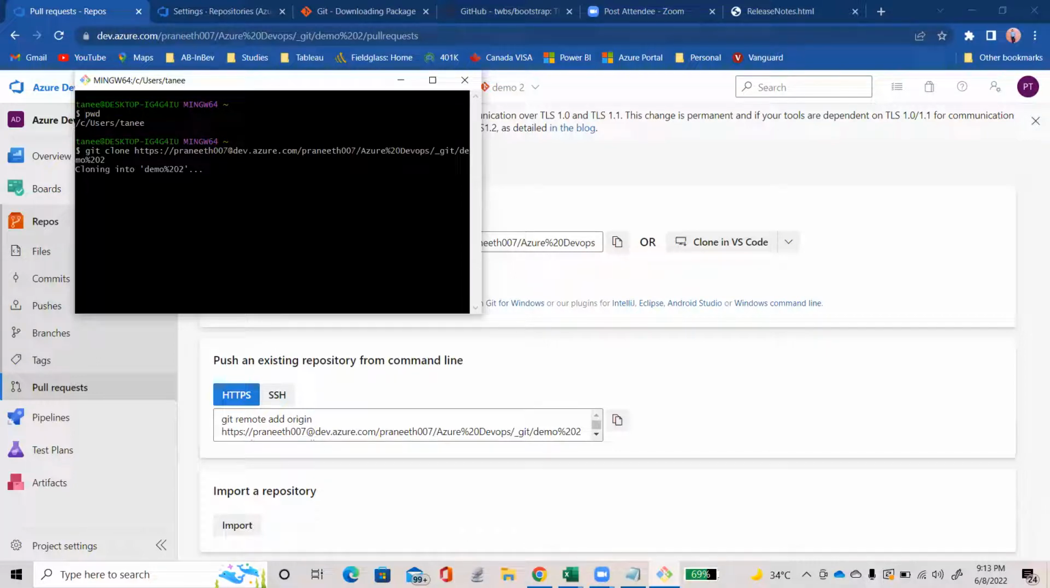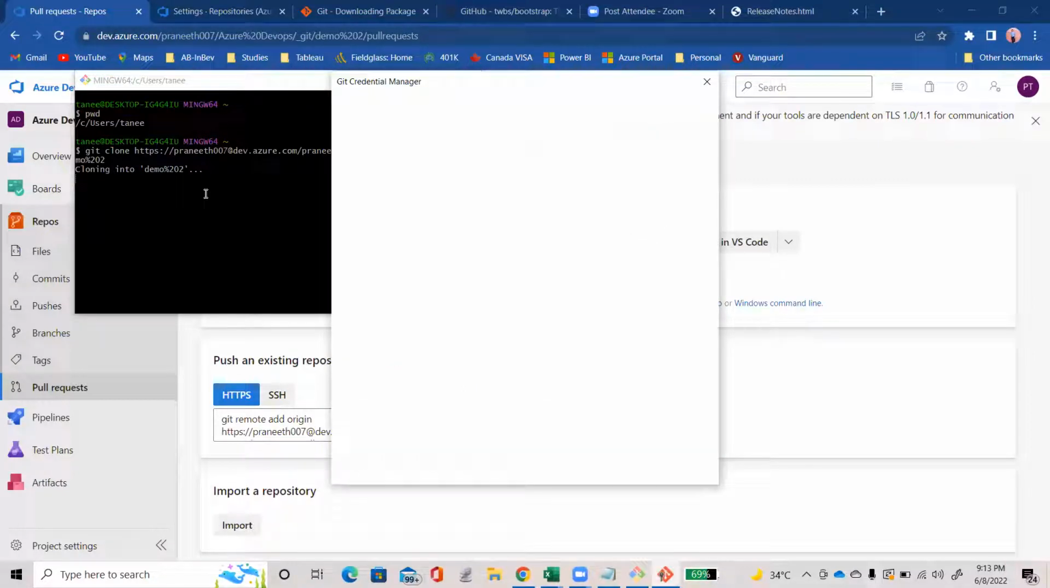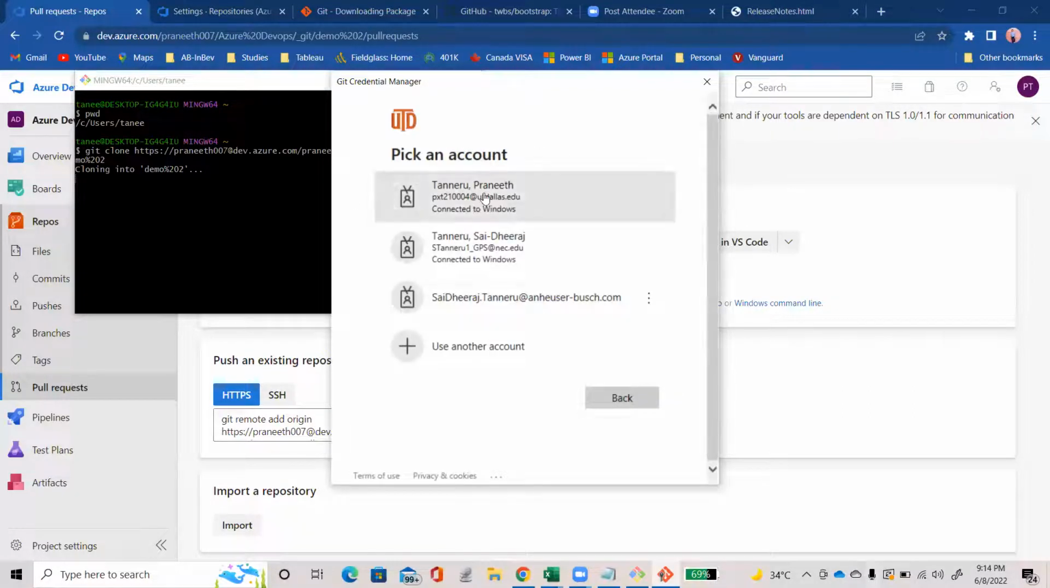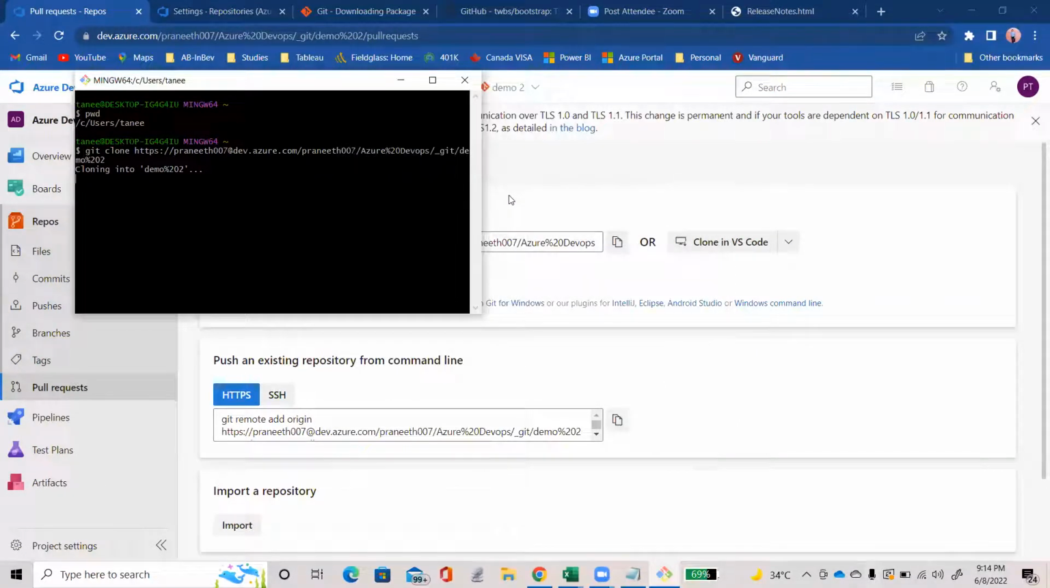So now it is giving you cloning into demo, the project name. There will be a folder that gets created with the project name. So let's wait for a minute. This is the first time you're using Git, so it will ask you for the credentials for Git. Yeah, go ahead and give that. Okay, cloning has happened, but it is also giving you a warning saying